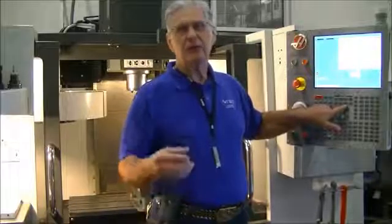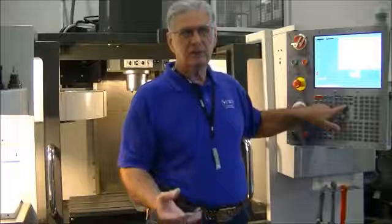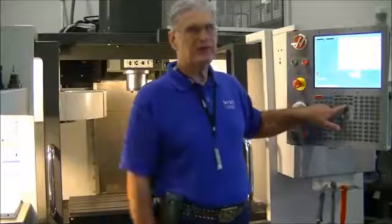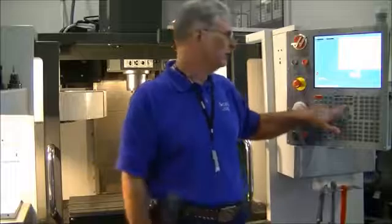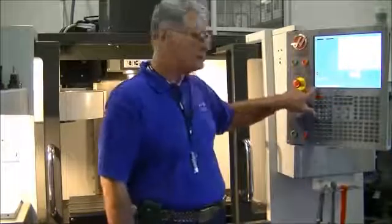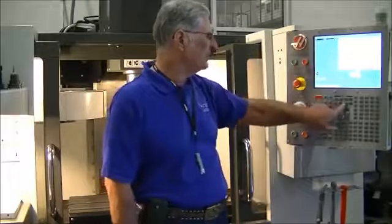In that screen, we'll be able to disable the safety on the doors. Now, this is something that will have to be done each time the machine is powered up if you want to do it. So since I've got the alarms cleared, I'm going to press the settings button,